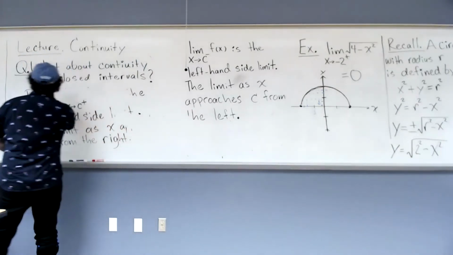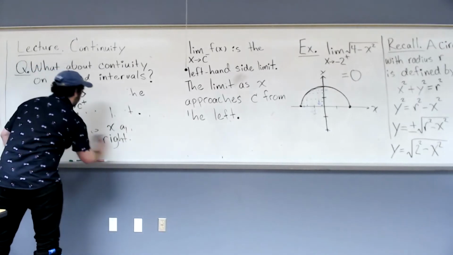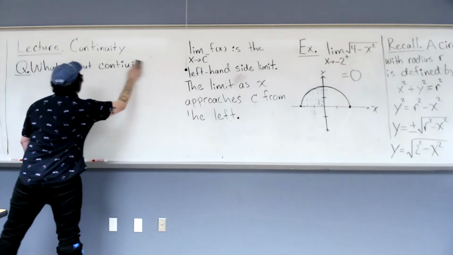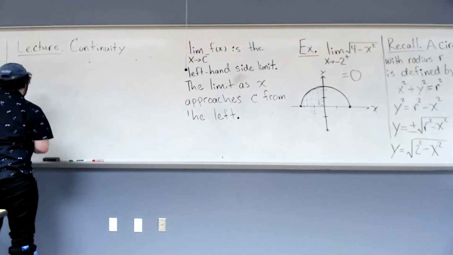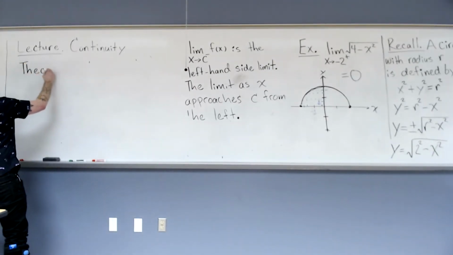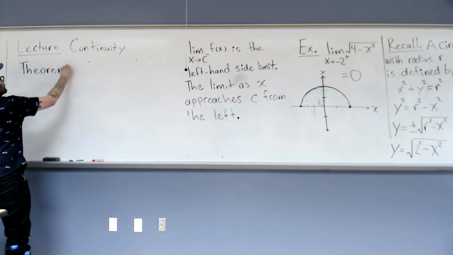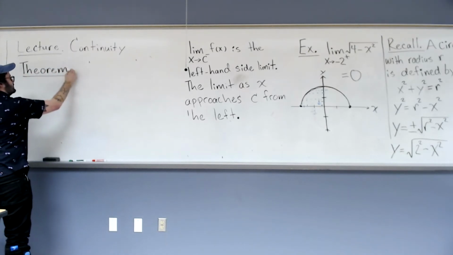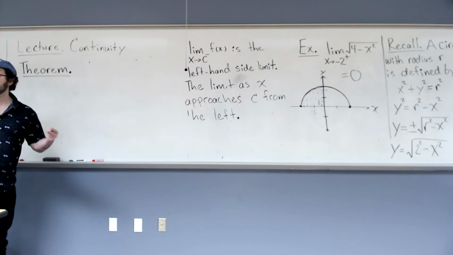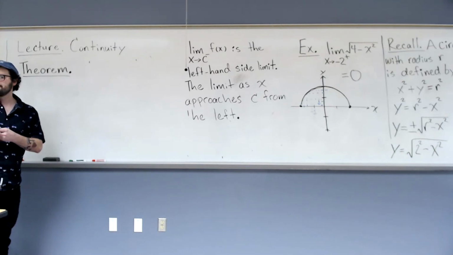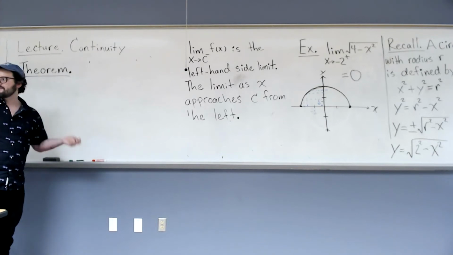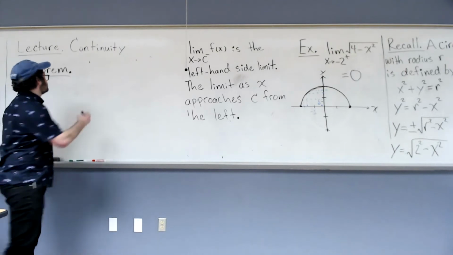Okay, now that we more or less understand these left and right-hand side limits, we can write a formal theorem now, using them in the manner that we have been using them all along to talk about the limit of a function at a point, right? If we look at the left-hand side and right-hand side and they're going to the same spot, if they meet up, then the limit exists, right? So,